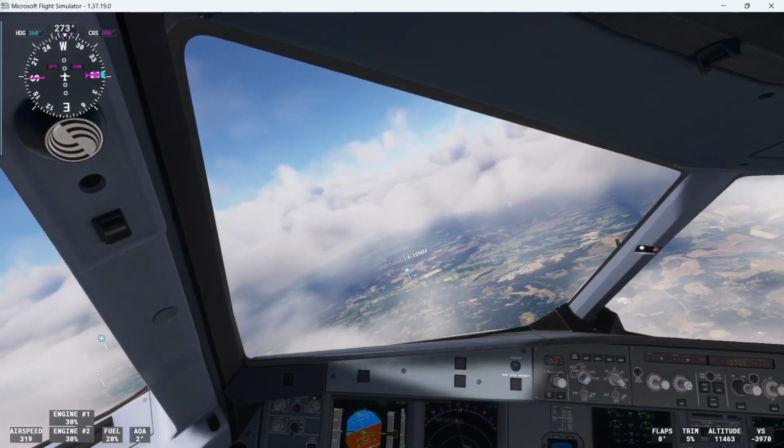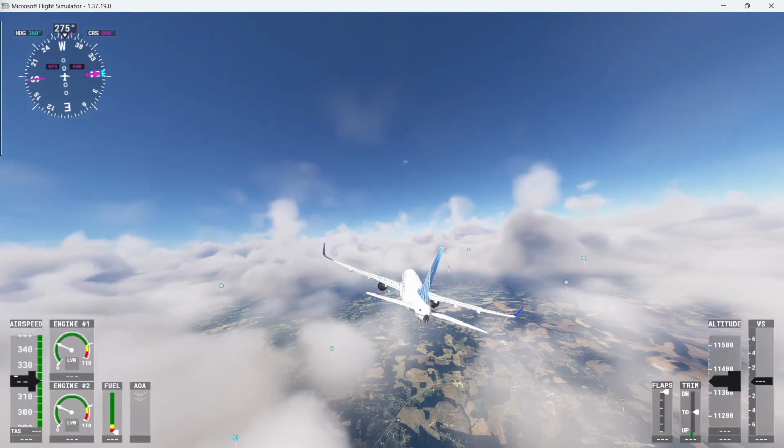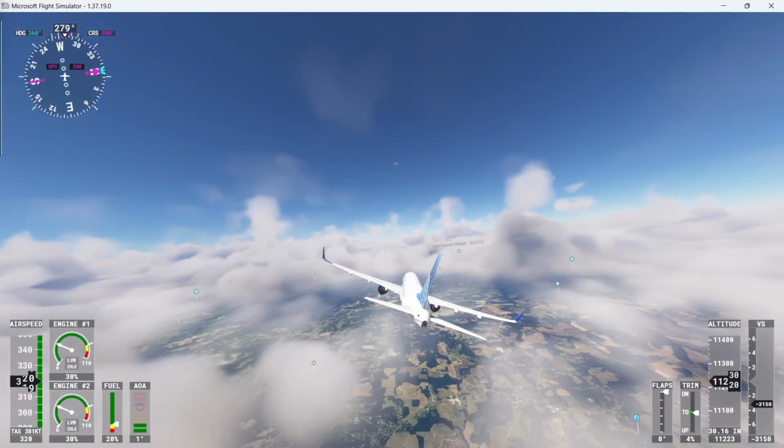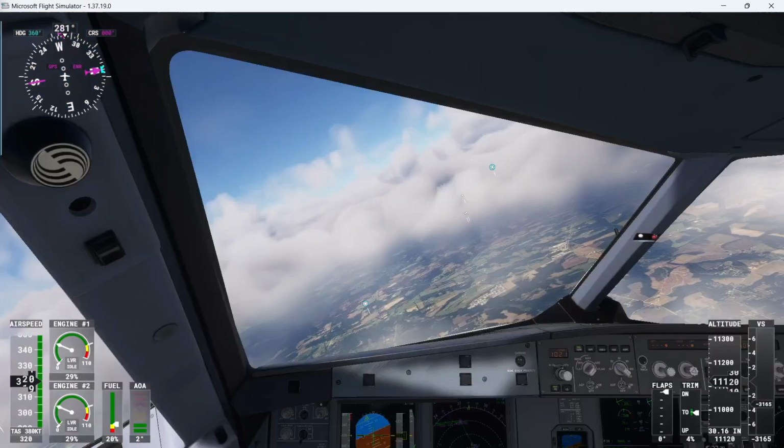Charlotte approach United 428 is passing 11,600 feet, descending 10,000 feet. United 428 Charlotte approach altimeter